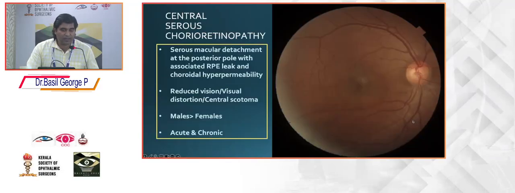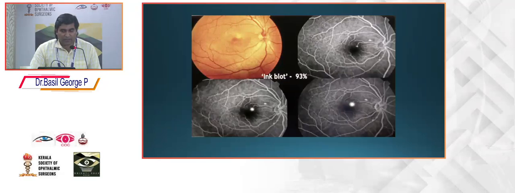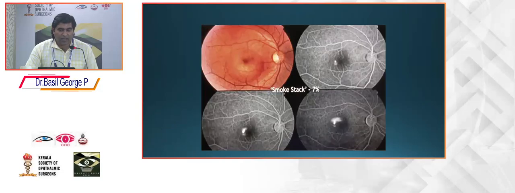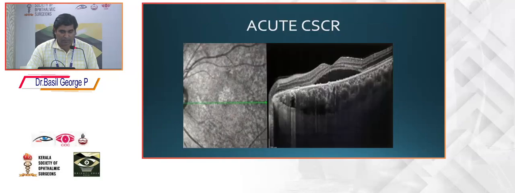Now, coming on to central serous chorioretinopathy, it's a serous macular detachment at the posterior pole associated with RPE leak and choroidal hyperpermeability. On FFA, the typical point leak in early frames with an ink blot pattern is seen in 93% of cases, and in 7% of cases there will be an early point leak forming a smokestack leak. This is an OCT of an acute CSR. It shows serous macular detachment under the fovea, separating the neurosensory retina from the RPE, along with associated pachychoroid features